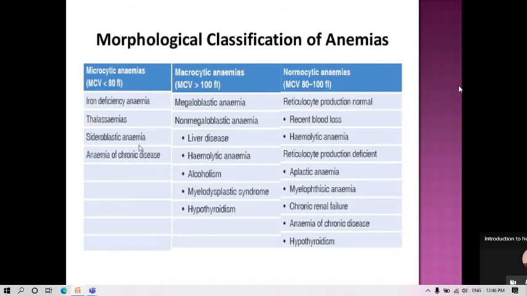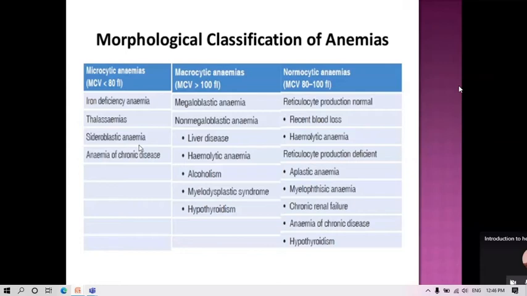Anemia of chronic disease usually leads to normocytic normochromic anemia, but it can lead to microcytic anemia; better, though, is to tell the examiner that normocytic normochromic anemia usually occurs in anemia of chronic diseases. The macrocytic anemia again can be megaloblastic, that is because of vitamin B12 and folate deficiency, but there can be non-megaloblastic anemia also, like in liver disease. In liver disease, the membrane of the RBCs will get accumulated by some kind of lipoproteins, so that will increase the size of the cells. So they will be taken up as if they are large cells.